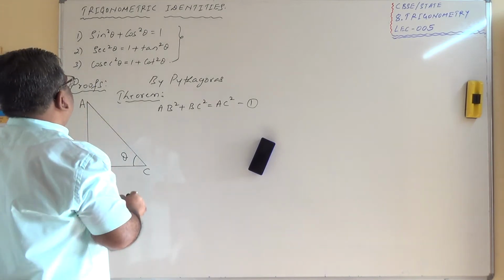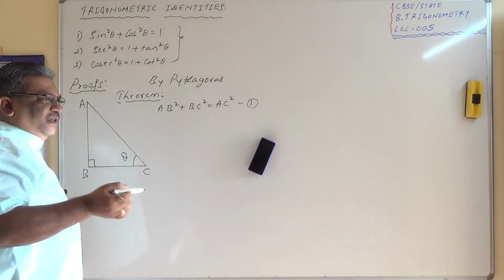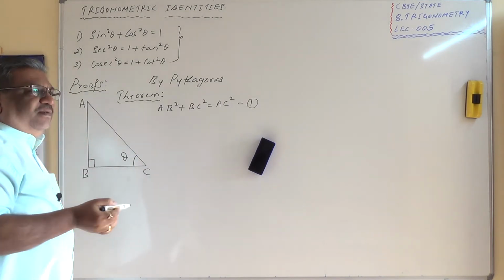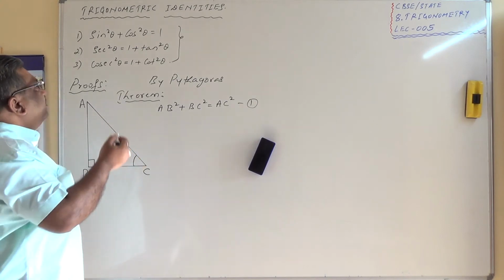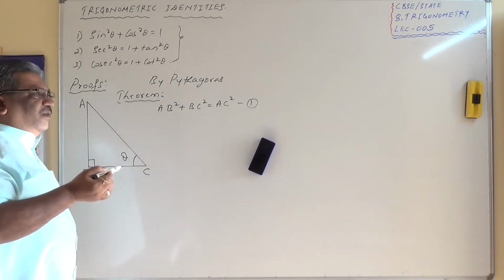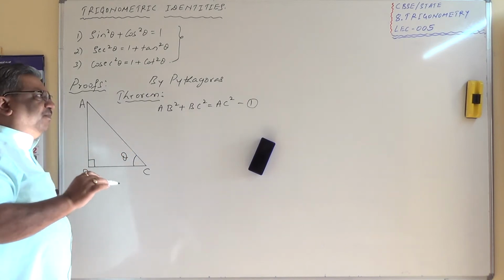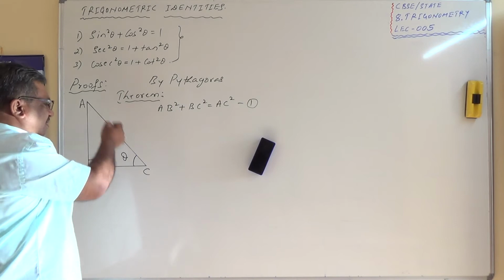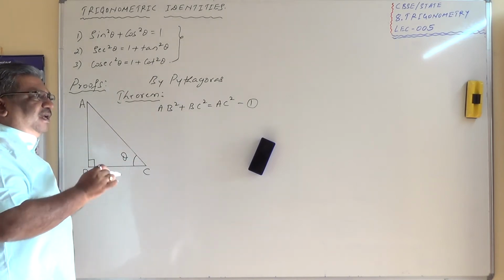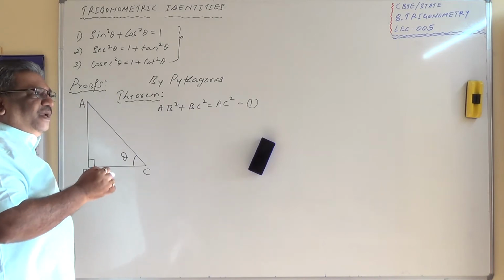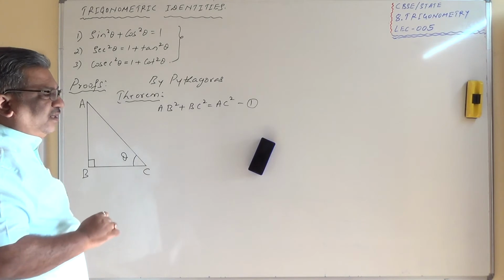So proofs, we are looking at first, second, third. I don't know whether sequentially or not. You correlate yourself. In order to prove sine square plus cos square equals 1, what we did, and sec square equals 1 plus tan square, what is that we did, you try to correlate and establish the relationship by which square component we need to divide this one. So I leave it to you because you may have to think a little bit on that, and then you should be able to write this.